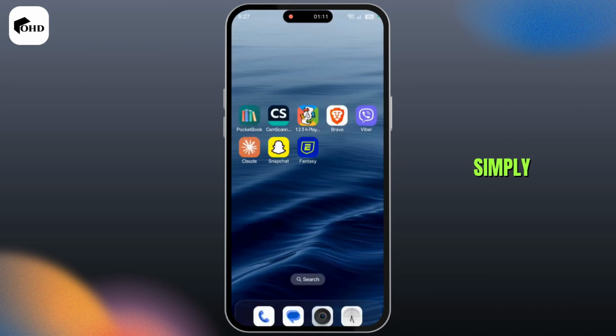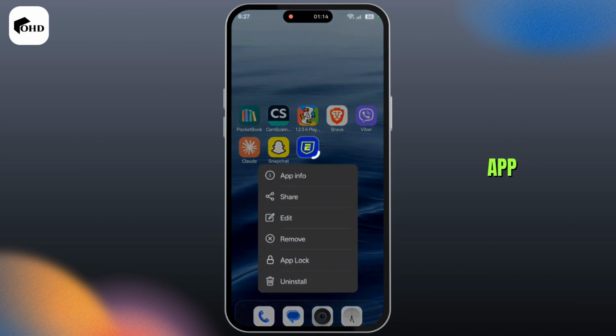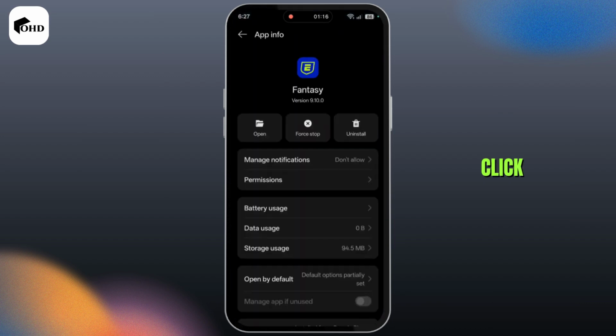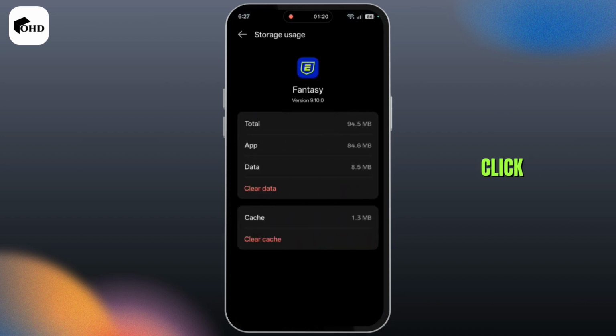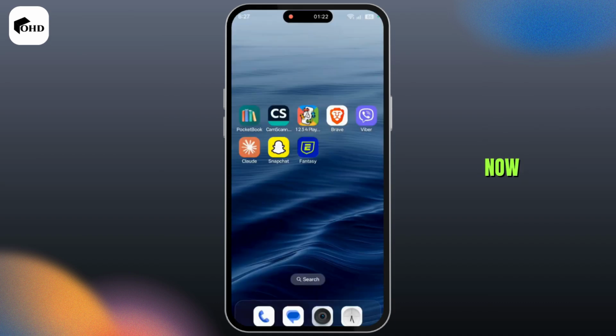Now the next thing is, simply press and hold on to the Fantasy app icon. Click on App Info. Click on Force Stop, then confirm it. Then go to Storage Uses. Click on Clear Cache. Now try relaunching the app, and even after this, if it's still not working, then simply